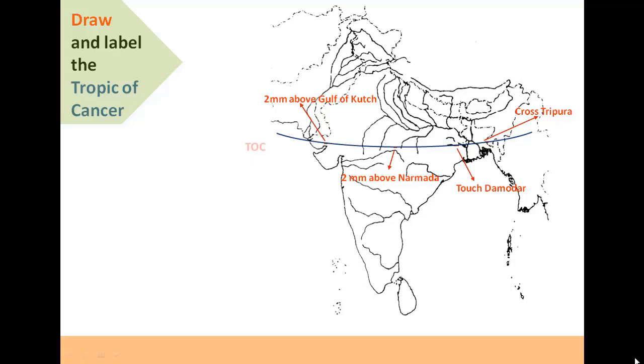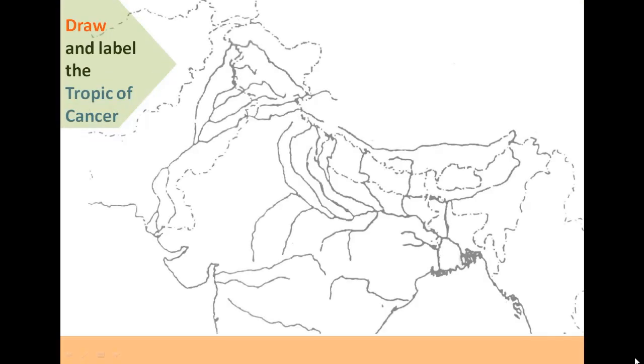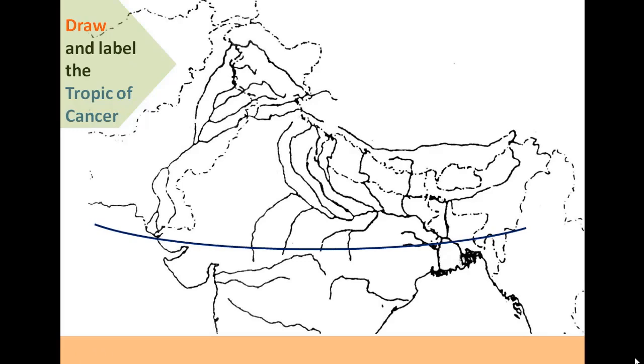The same animation is shown with more detail, in zoom-in view, in the next slide for reference purposes. Tropic of Cancer. These are the connecting points. One has to connect these points with free hand to get the perfect curve of the Tropic of Cancer. Now we'll learn how to draw the Indian Standard Time line on the map of India.